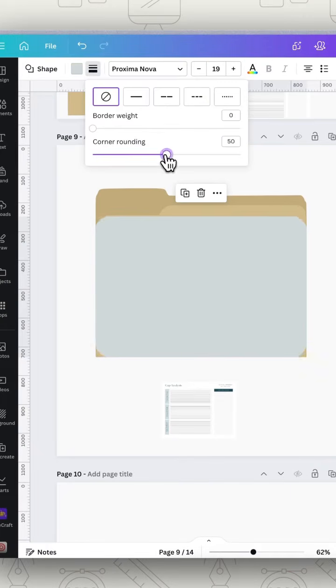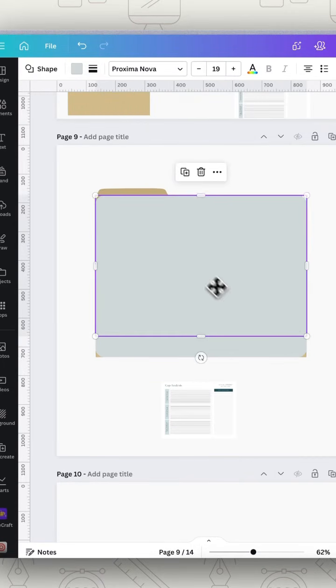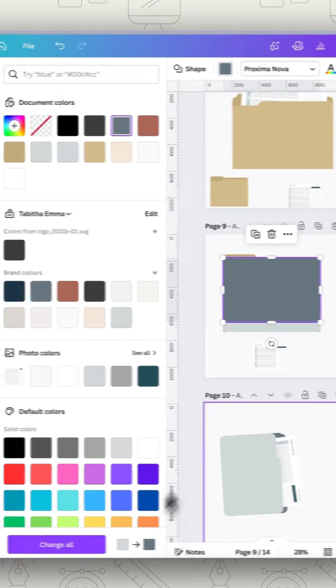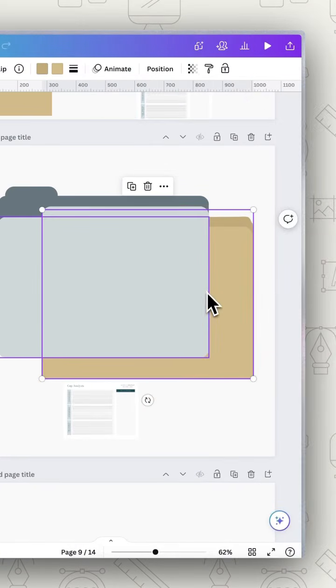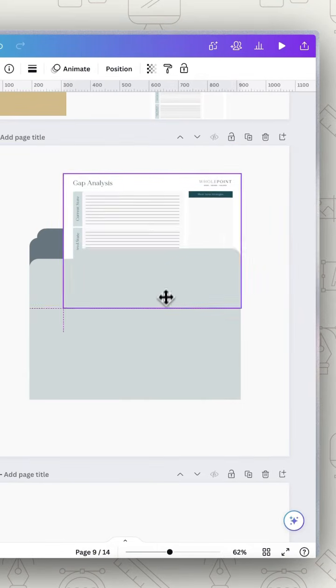Adjust your rounded corners to get it how you would like it to look. Then you want to duplicate this to be able to put one at the back. So for this one you want to choose a different darker color to put it behind at the back. Add all the tabs, create the design how you want it. You're also going to want to add another square that's flat at the bottom because we don't want curves on